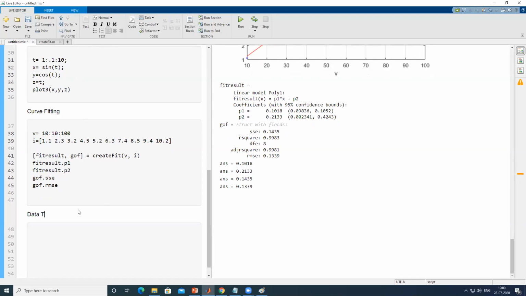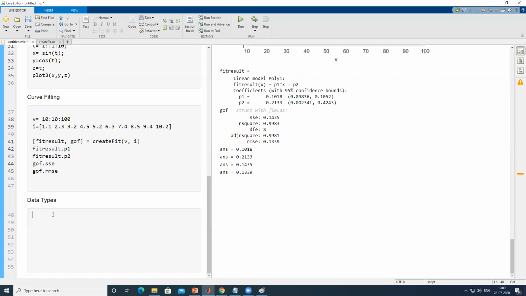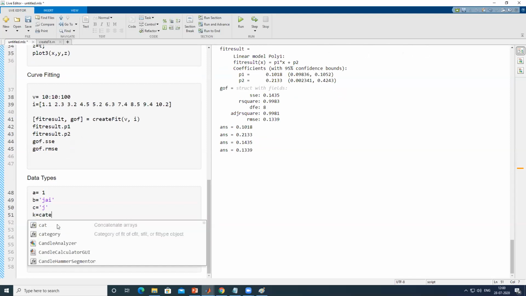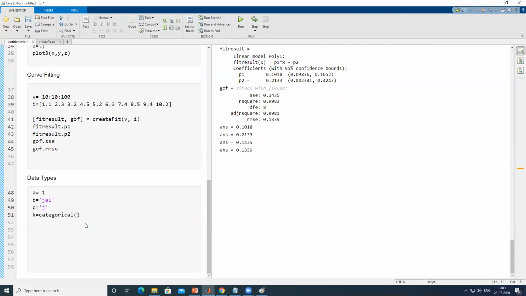Data types. Suppose A is 1, then B is equal to 'JAI', C is equal to 'J', K is equal to categorical 'JAI', M is equal to 2.5.